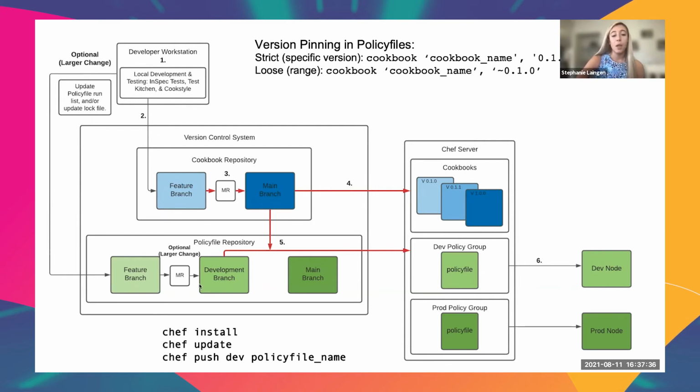request. Once that merge request goes through peer approval and is merged into the development branch, the pipeline will pick up just as before and will run the dev push or the chef push dev policy file command. And so even if there's a little bit more legwork to do and maybe we're making a really large change and it doesn't fit into our range that we've specified for our cookbook version, we can just manually change that, and then the pipeline will pick up the rest of the work for us.